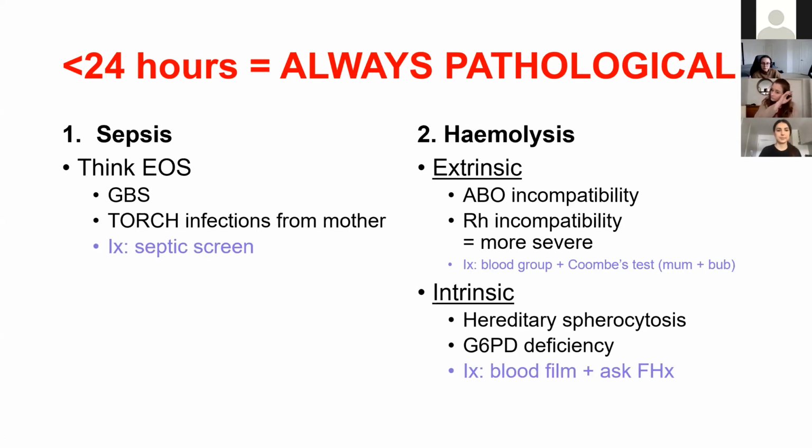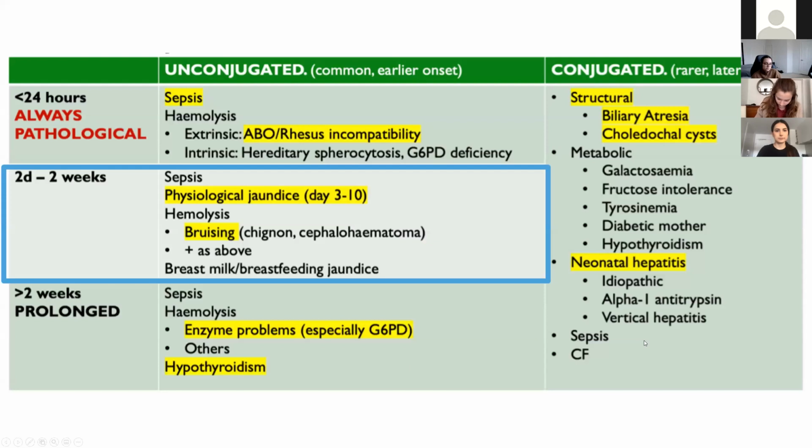And in terms of how we would investigate these for early onset sepsis, as we said, we're going to think septic screen straight away. For extrinsic causes of hemolysis, we go for blood group and Coombs test, both for mum and bub, to be able to determine, if we don't already know, that there's an incompatibility there. And in terms of the intrinsic causes, we can do a blood film, but mainly the thing we want to know is just family history, because that can often give us a good hint. So that's all for